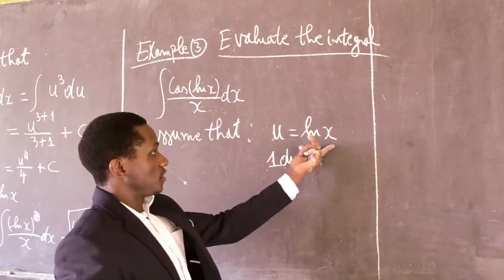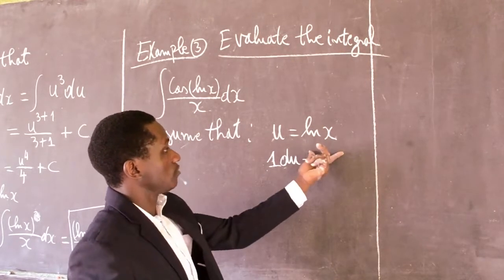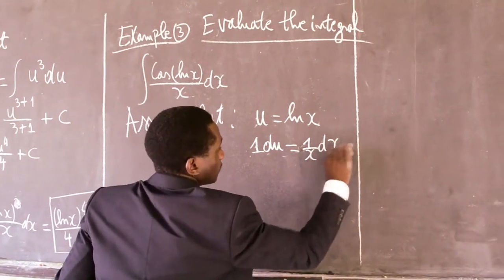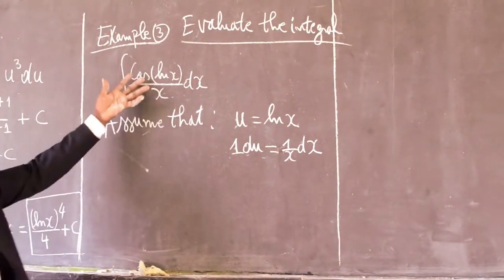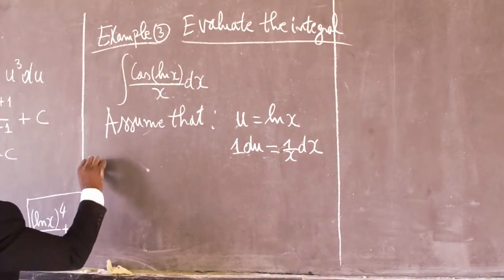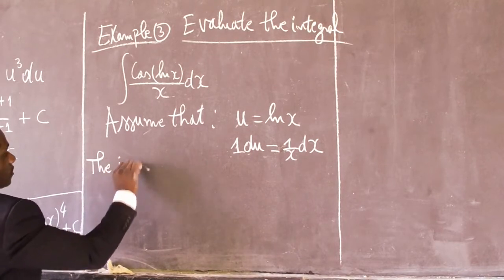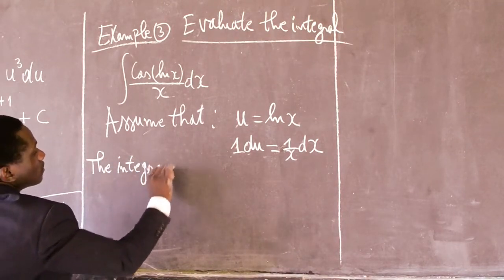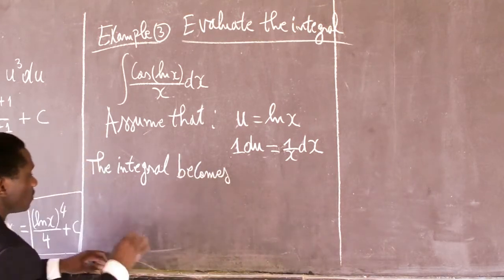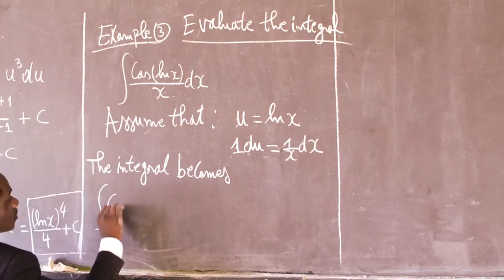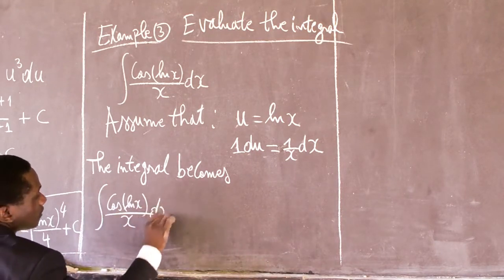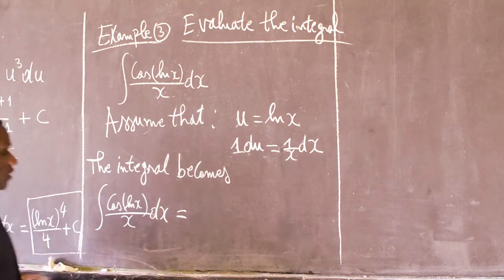Then here we differentiate ln x with respect to x, then we get 1 over x dx. Then we need to replace into our integral. The integral becomes the integration of cosine ln x over x dx. This is equal